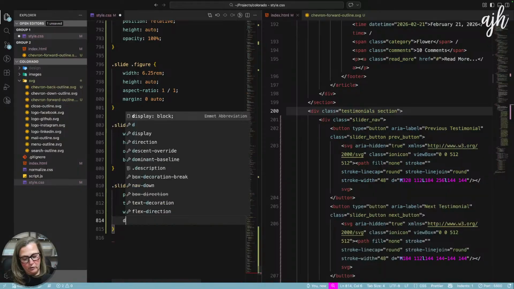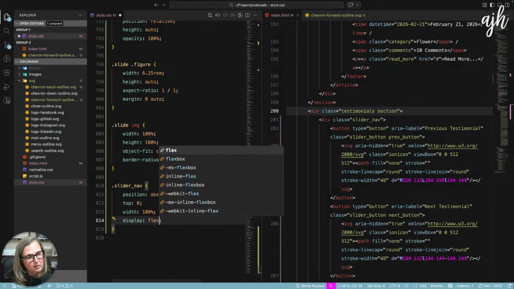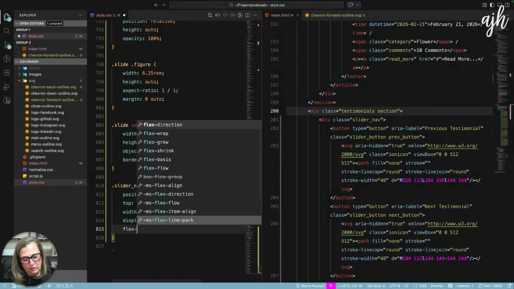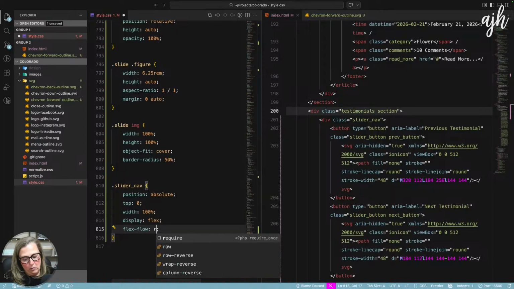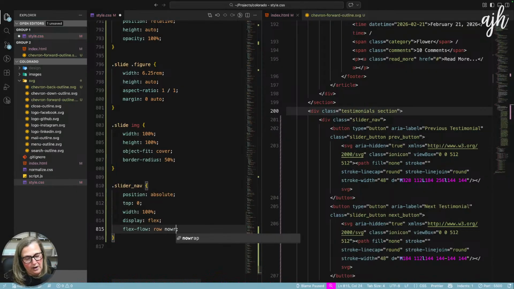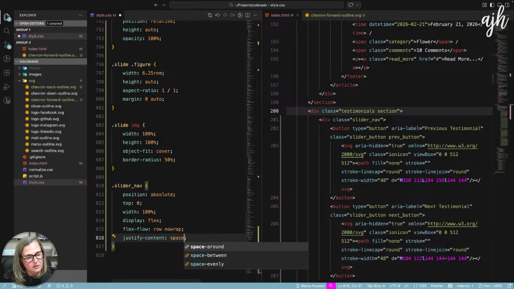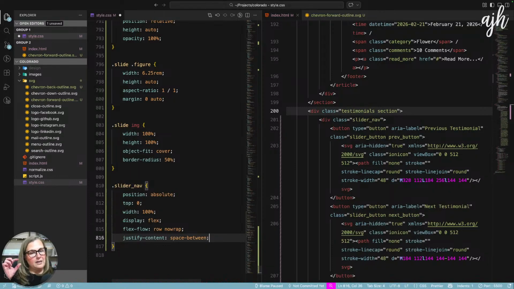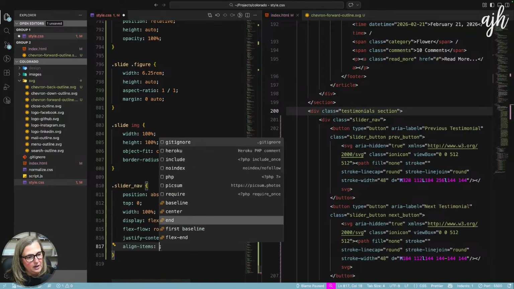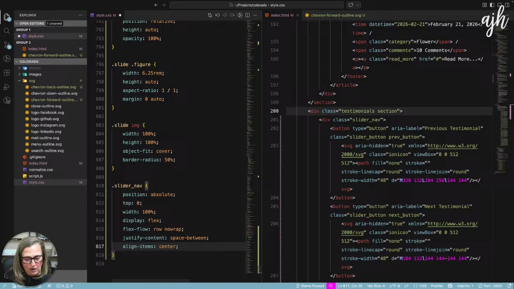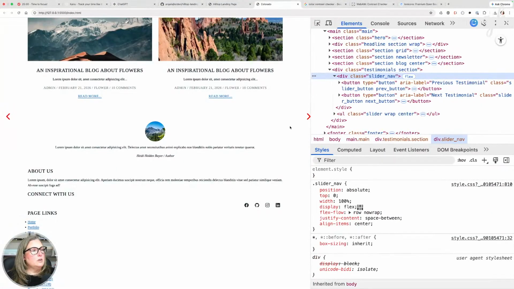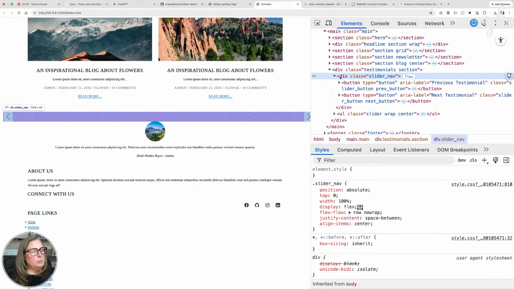And then let's also do display flex, flex-flow row nowrap, and then justify-content space-between. That moves the first item and the last item, and there are only 2 items, all the way to the left, all the way to the right. And then align-items center. I don't know if that's that important. There we go. Perfect.